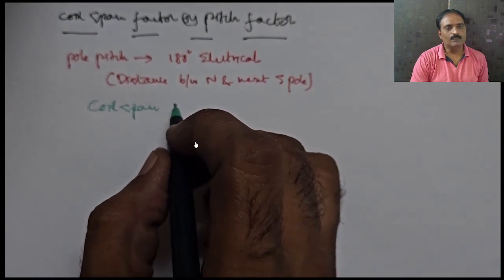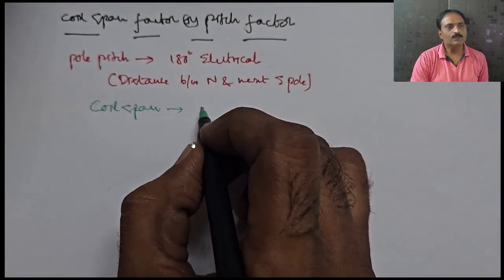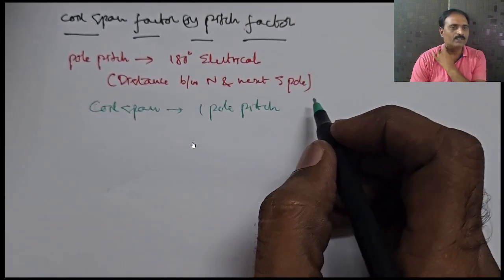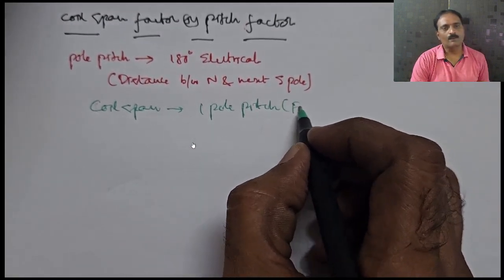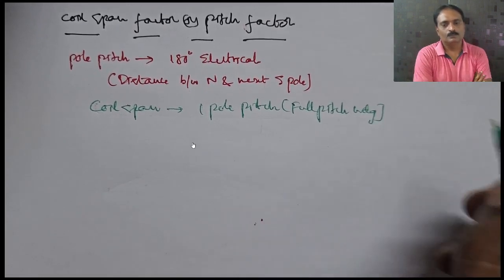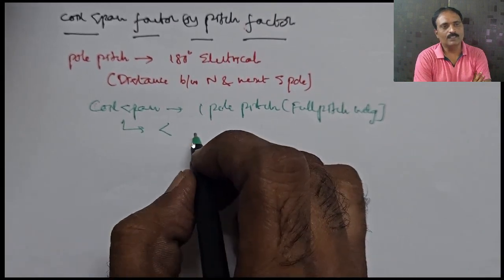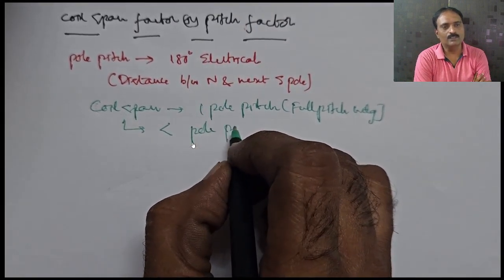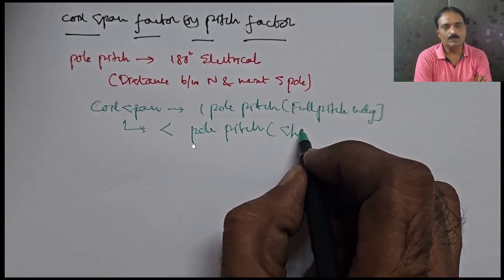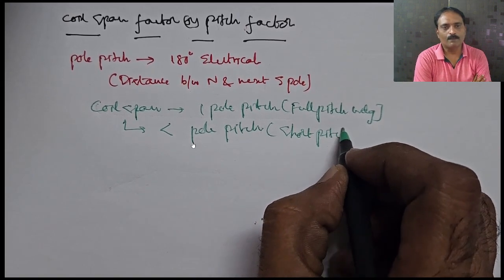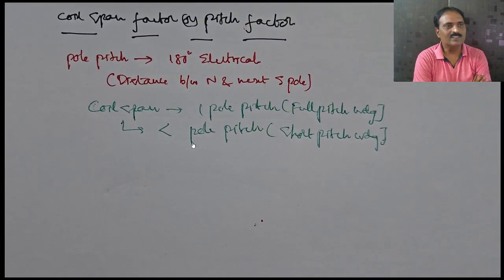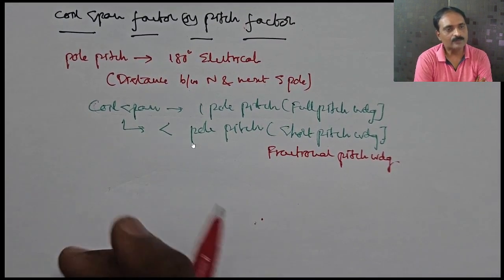As we know the coil span is the distance between the two coil sides, which is exactly one pole pitch. If the coil span is exactly one pole pitch, then we say that winding is full pitch winding. And if the coil span is less than one pole pitch, meaning you place the other coil side short by a certain number of slots, then we consider that winding as short pitch winding or fractional pitched winding. Because of this, we get this coil span factor or pitch factor, which is defined as